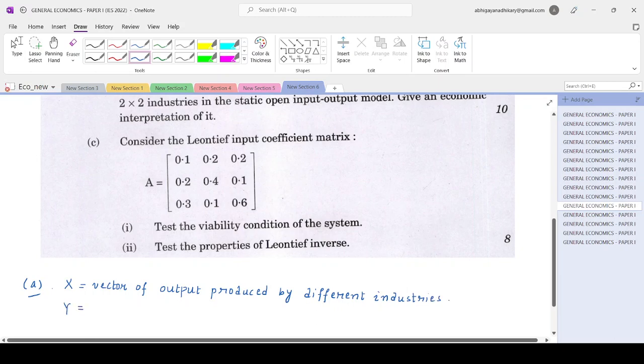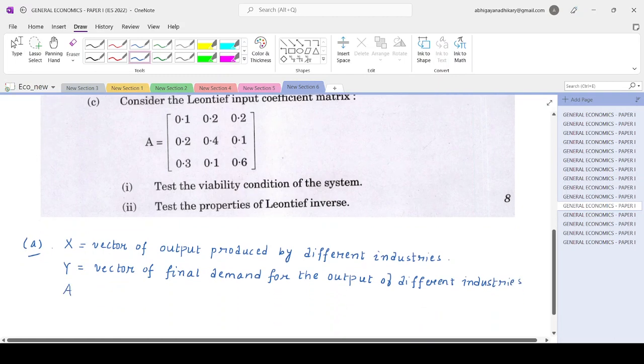Vector y is basically a vector of final demand for the output of these industries. Vector of final demand for the output of different industries. Okay,